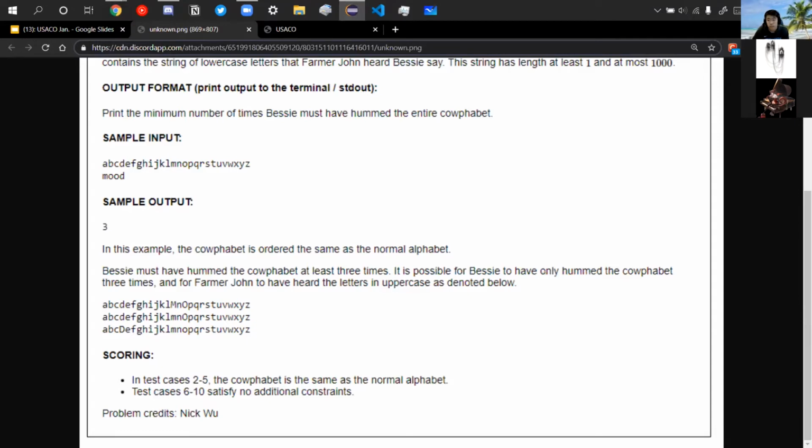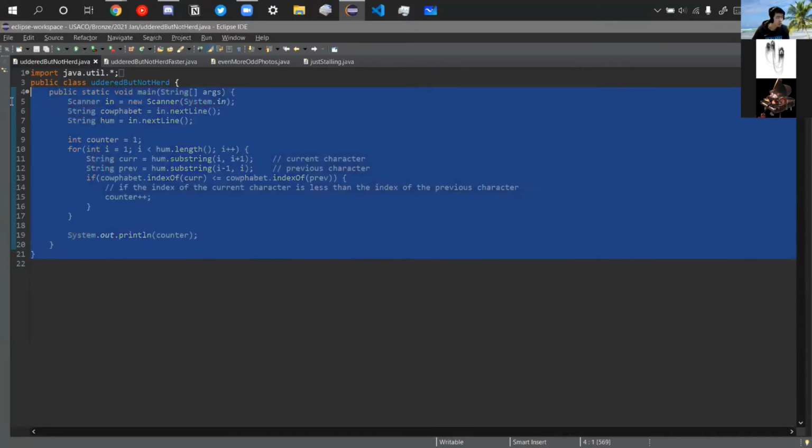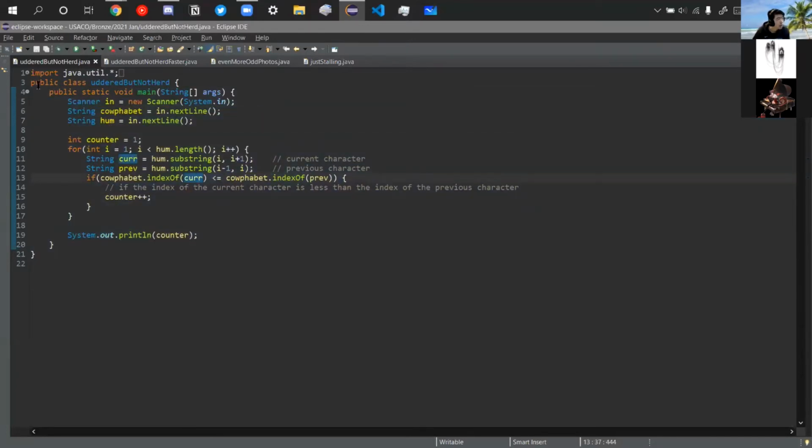So I'm going to pull up my Eclipse. This is just an IDE editor for Java. It's pretty good. This is the code I have. We create a scanner and take in the input. The first line is the alphabet. The second line is what you heard hum, and then we need to count. So we start the counter at one, because the first humming is the first